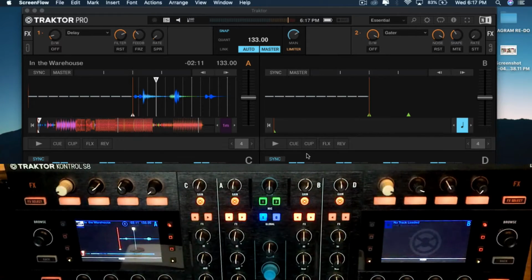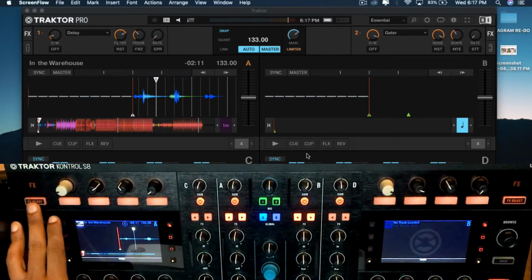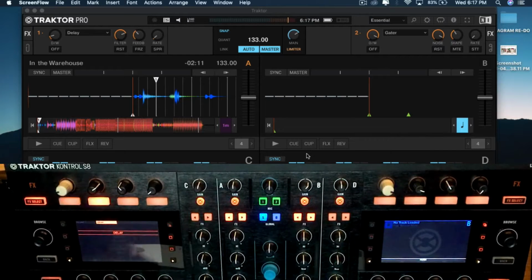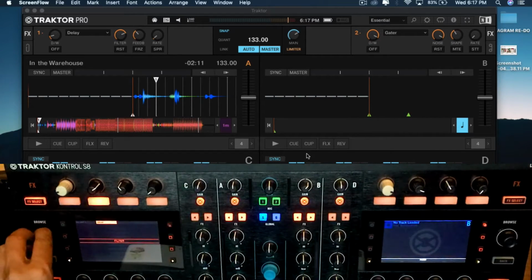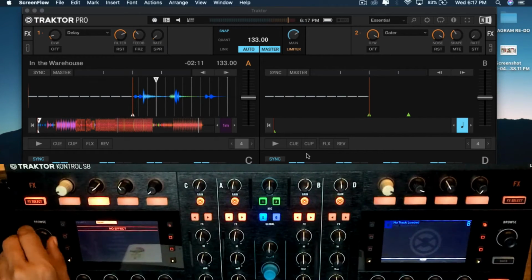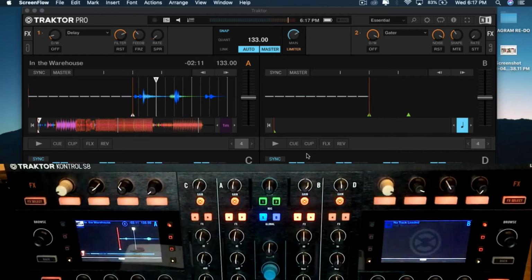So right now I have one effect already selected, which is the delay. I have the S8, so I'm going to use the effect select switch over here, which will let me cycle through all the effects and choose whichever effect I want to use. So let's start with the first one, which is a delay.